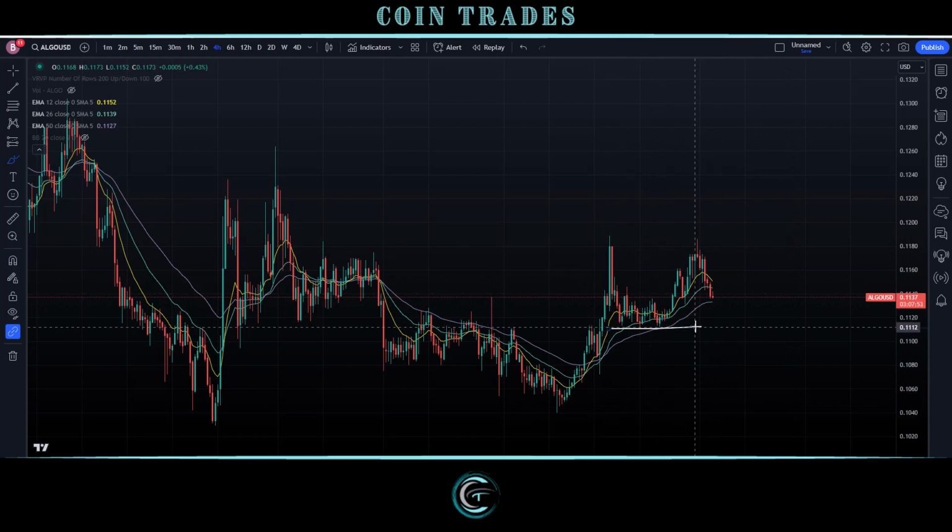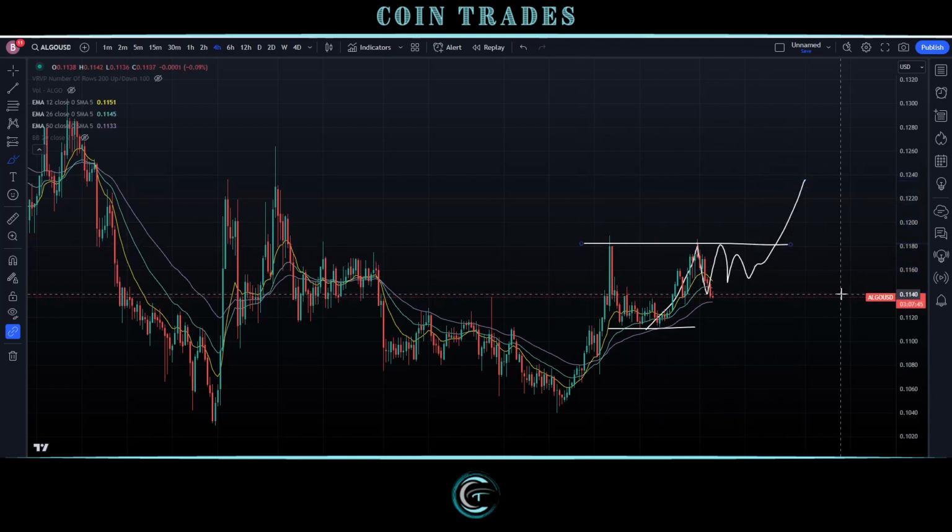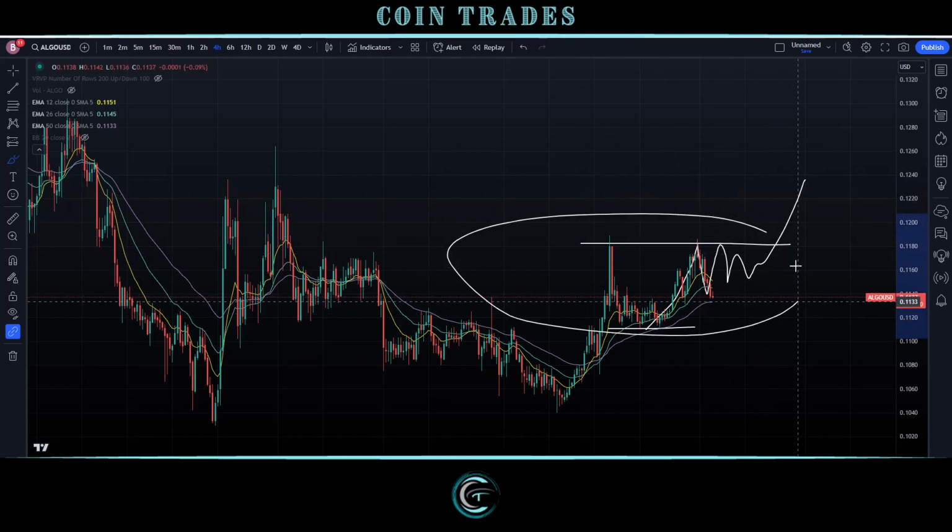So again, now that we've had our bottom and we're actually seeing a little bit of this follow through breakout, consolidation would be a great sign, followed by another breakout breaking on top of about the 1180 level. Preferably, this is going to be my ideal pattern and setup for Algorand right now, but if we do see a slippage from the rest of the crypto space,